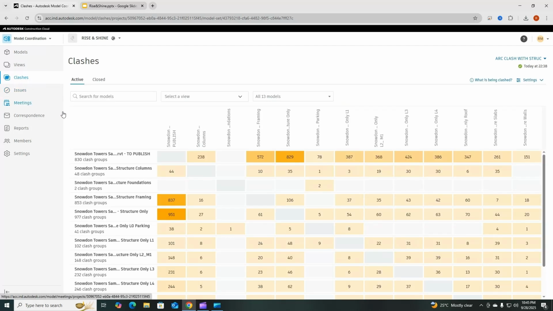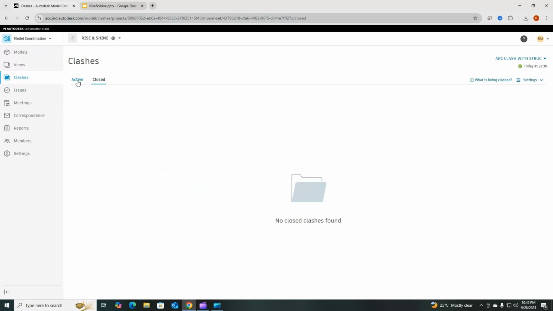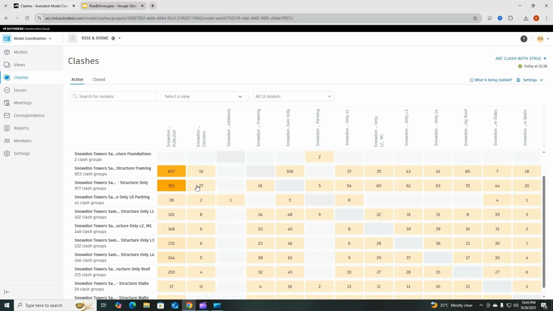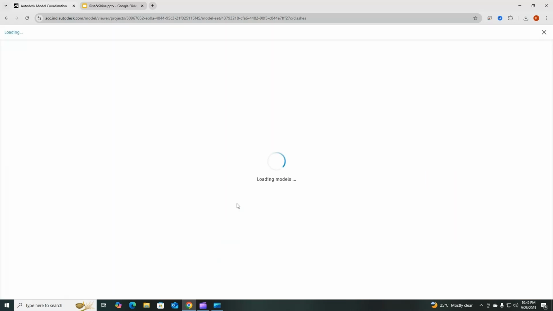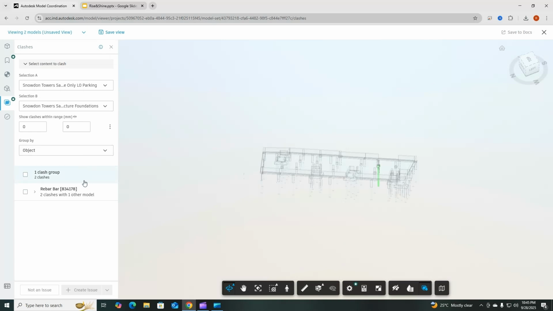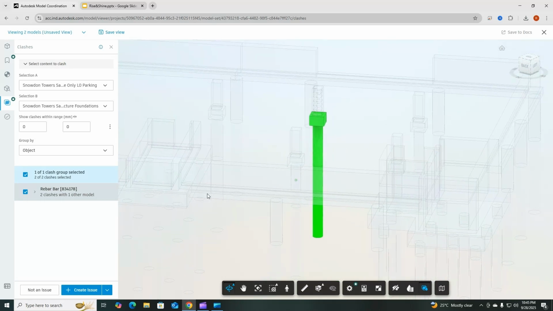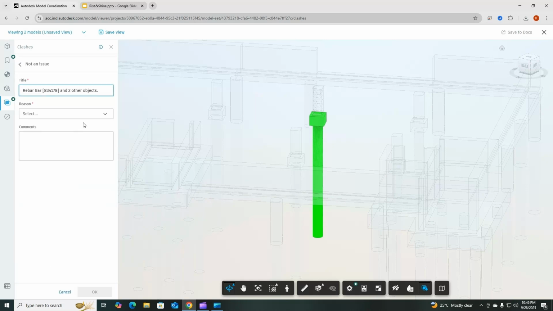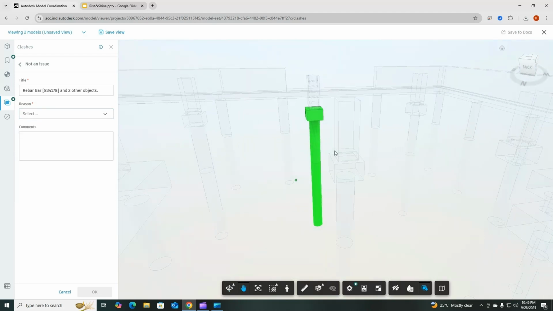There is one more thing that I want to show you. For example, there is a particular clash which doesn't make sense to me. I will select this and go inside it, and it is considered a clash, but it is completely fine. It doesn't make any sense to you. So what you can do is say that it's not an issue, and then you specify what exactly it is.